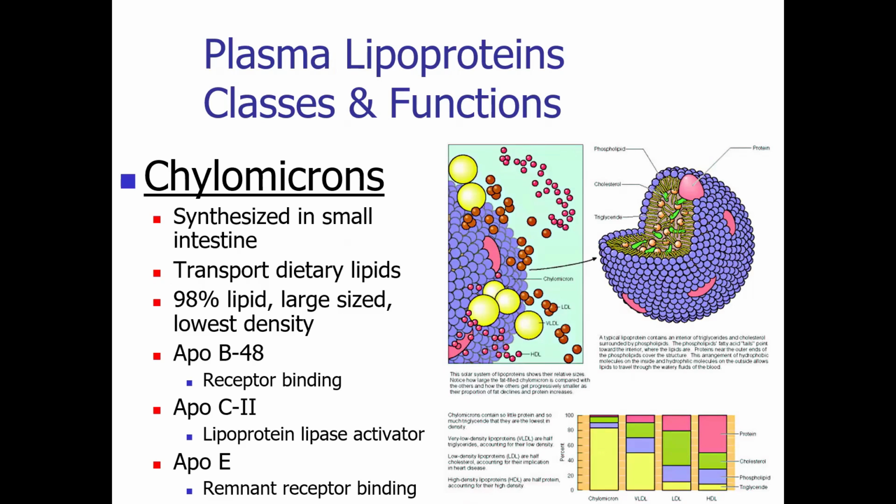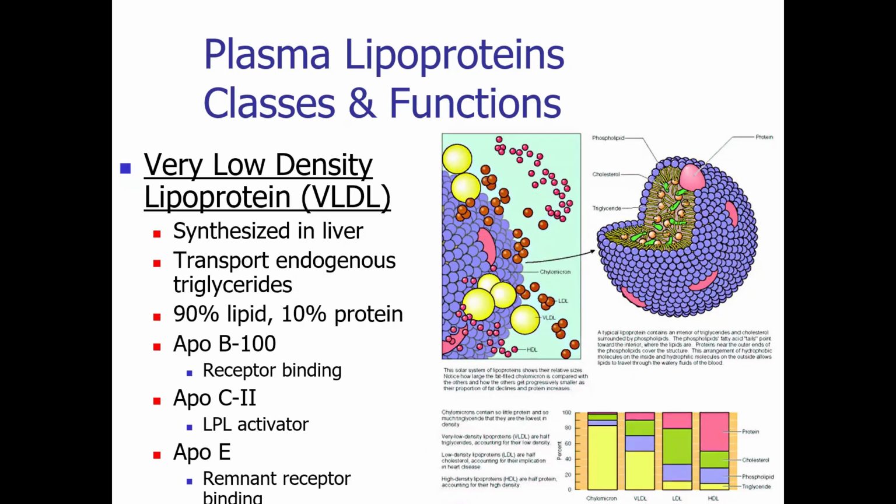Chylomicrons are synthesized in the intestine and transport dietary lipids. In terms of chemical composition, 98% of chylomicrons is lipid, and they have the largest size as well as the lowest density. They have ApoB48, which serves as receptor binding, ApoC2, which serves as lipoprotein lipase activator, then ApoE, which serves as remnant receptor binding. And then the next one is